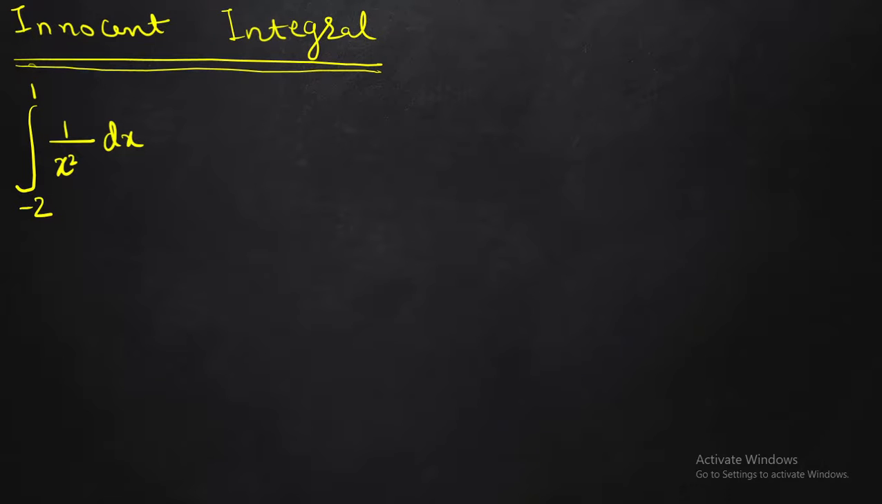Hello friends, today we have one innocent looking integral, that is from -2 to 1 we have to integrate 1 by x squared dx. So let's see what's the catch in this integral and why is it called innocent integral. So this can be written as